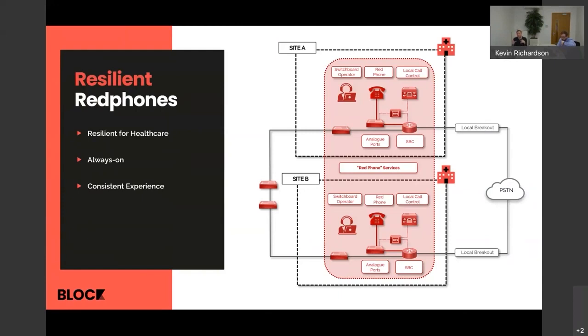But we feel that there is a level of resiliency and risk that needs to be addressed in healthcare that does require on-prem hardware and services. But we're reducing the burden on IT staff by bringing that consistent user experience and the manageability.